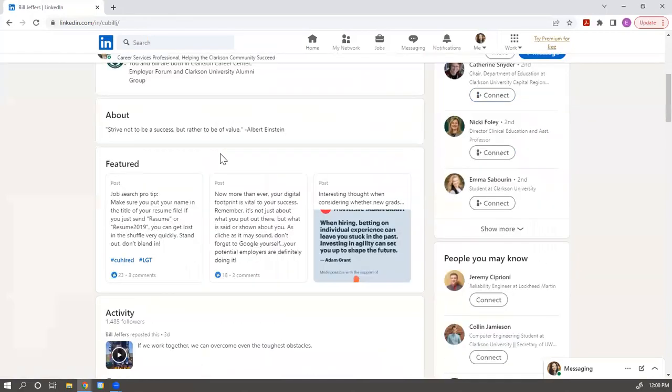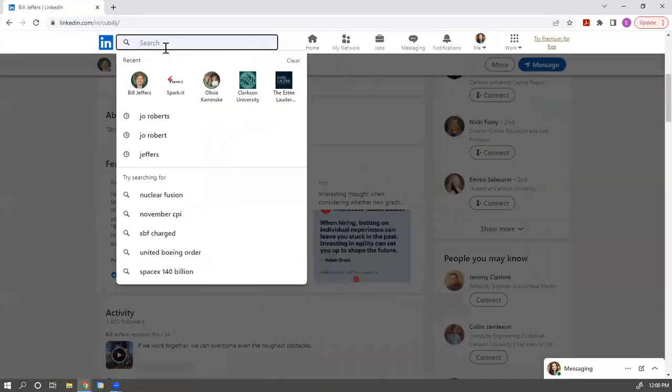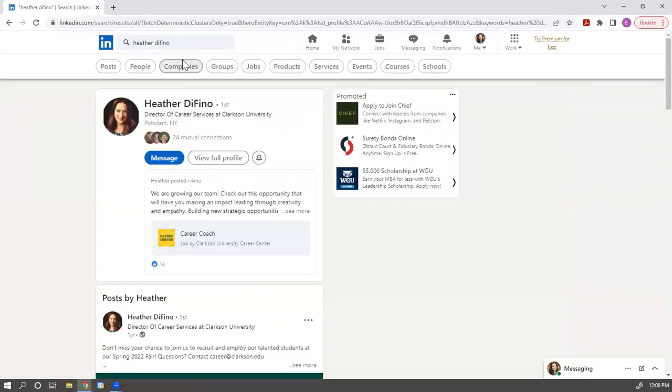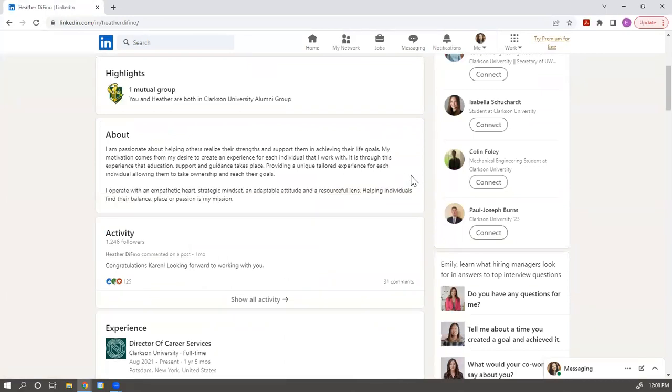we can take a look at Bill's here. So Bill has a very short description here, right? So just a quote that sort of drives what he does. Some of his values and strengths are really highlighted there, but it's pretty brief. Versus maybe we'll go back to Heather's profile again. Heather's is a little bit longer, right? And it's a little bit more about